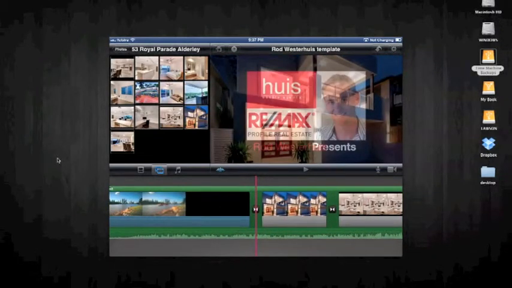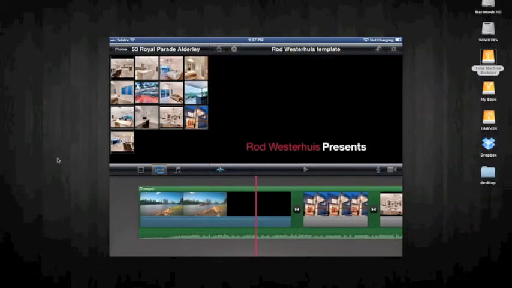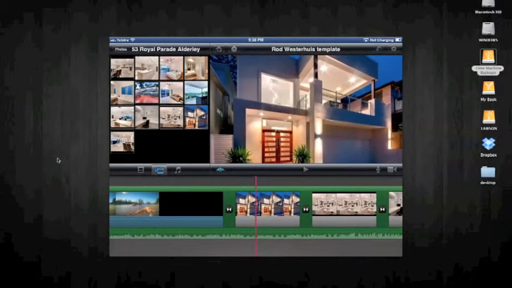All I'm doing is pressing those photos on the iPad and they're adding to our video. So at a basic level, we could play that and our video could generally be done. So how quick is that? That's very quick and easy. Now what we can do is we can add a little bit more features to this video, and what I'm